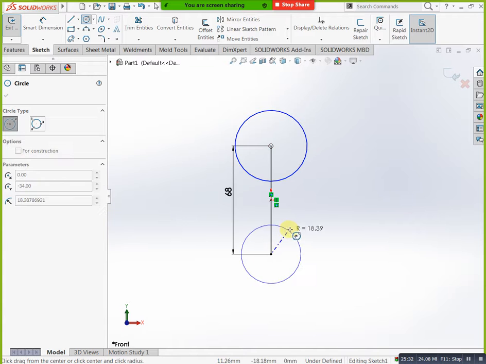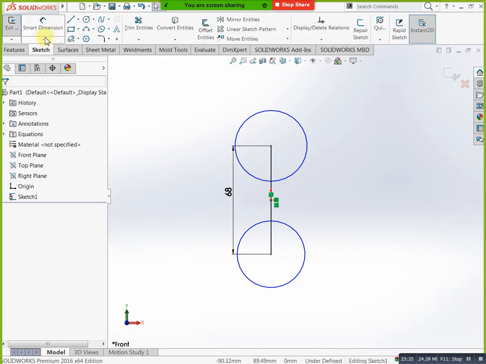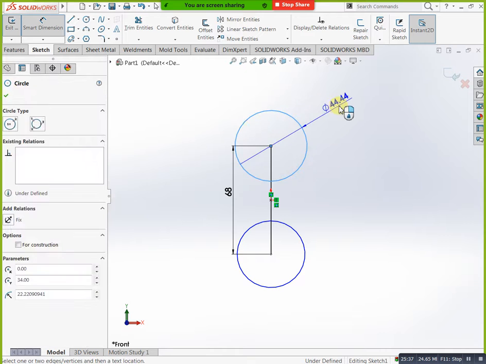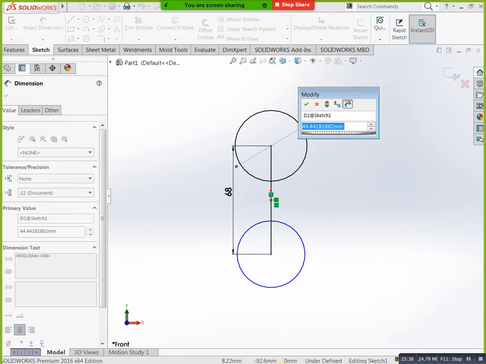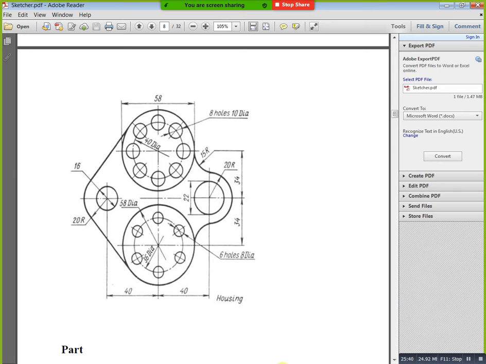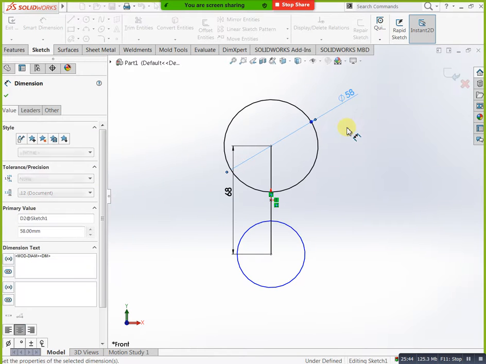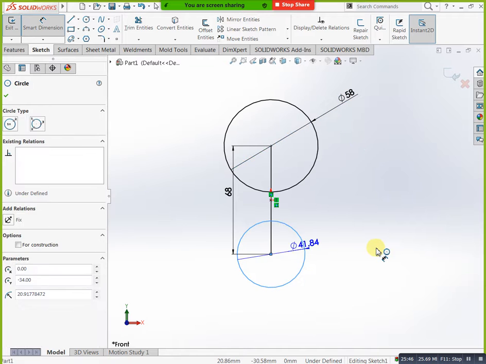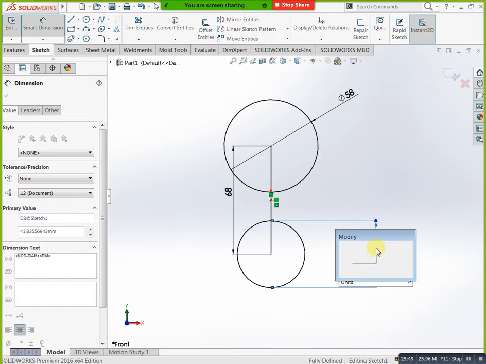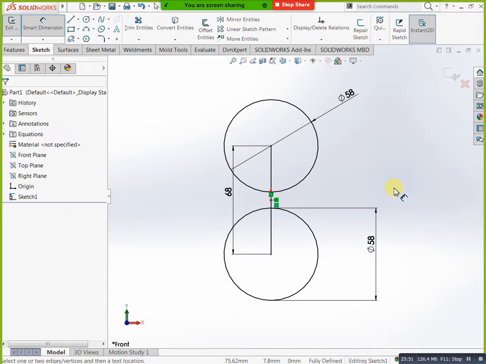See, 8 holes 10 diameter, 6 holes 8 diameter. Diameter, sorry, this is not a 40, just check once. Here we have 40 dia, 36 dia, you can mention that too.